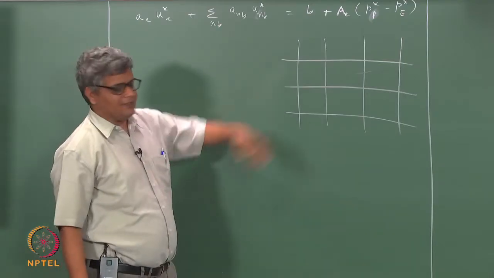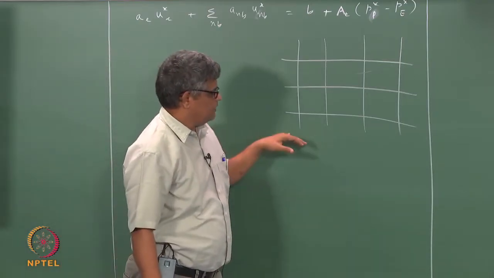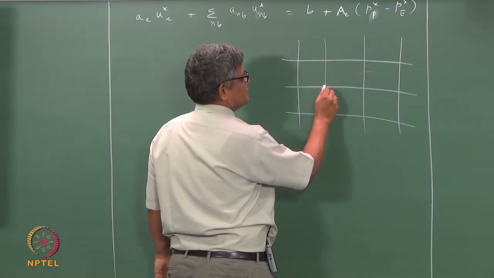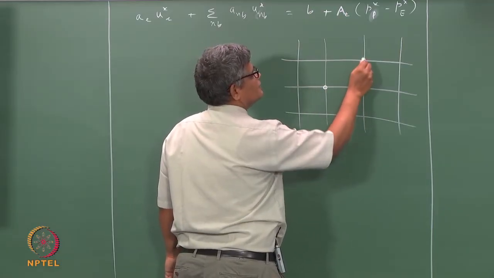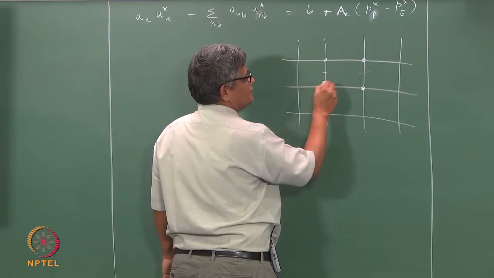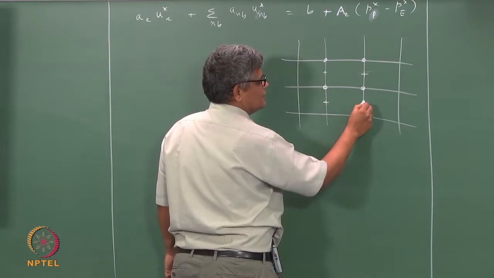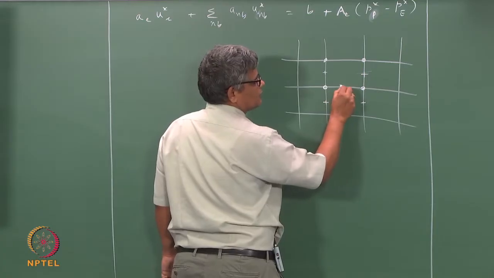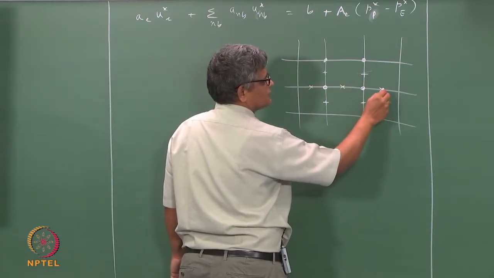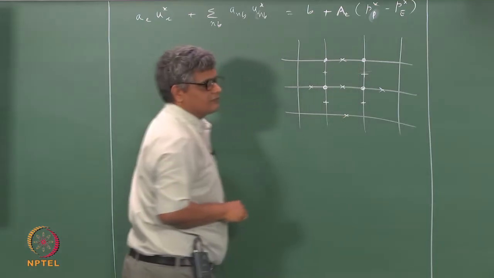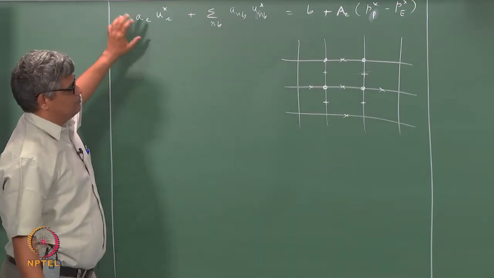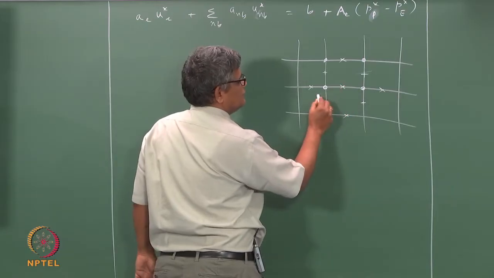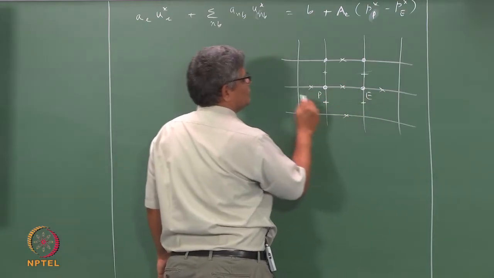These are the major grid lines, the equivalent of i plus 1, i minus 1, i plus 2, j plus 1, j minus 1, and the intersection of these is where pressure is evaluated, and vertically displaced half points is where the v velocity component is evaluated. Horizontally displaced midpoints is where u velocity is determined, so that the x momentum balance equation in its discretized form, involving, if we call this capital P, the east point,